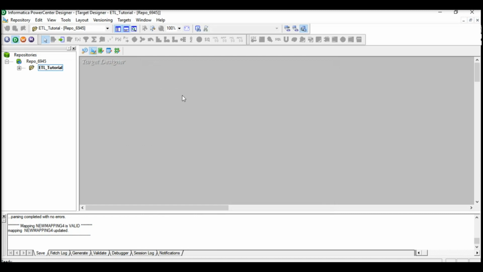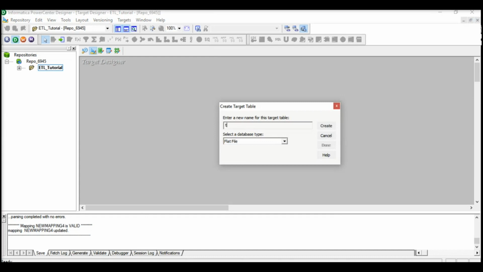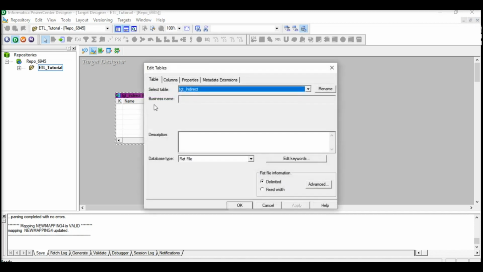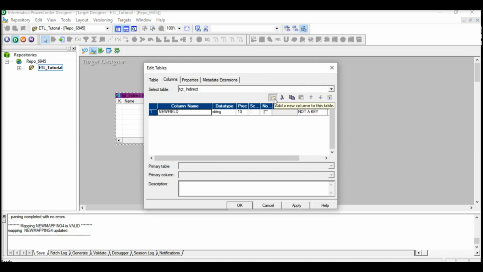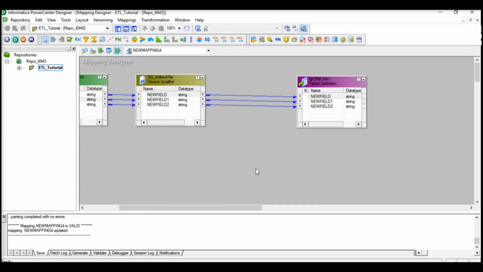Then we will go to target and create a target. We will call it tgt_indirect. This is also a flat file, and we will create the columns. Again it will have 3 columns. Let's go to the mapping.